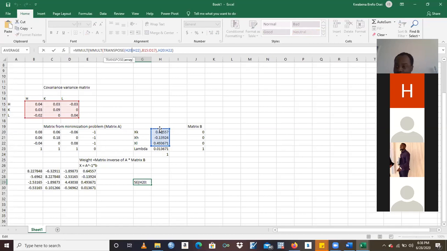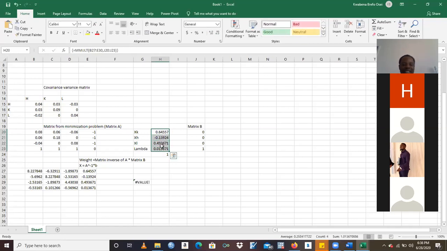You transpose the weights, multiply by the variance covariance matrix times the weight again. So that's what I'm doing here. So I'm saying just multiply the transpose of A20 to A22, and this is the transpose. So when I say the transpose, it's now telling it, right? Then multiply by